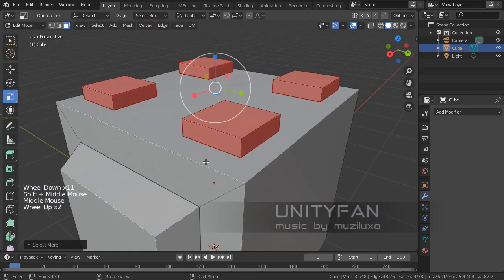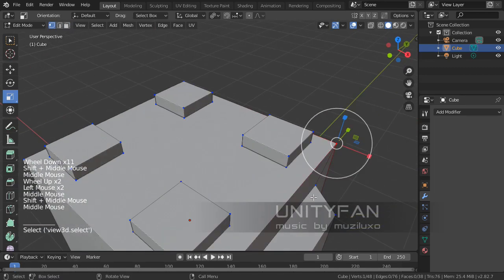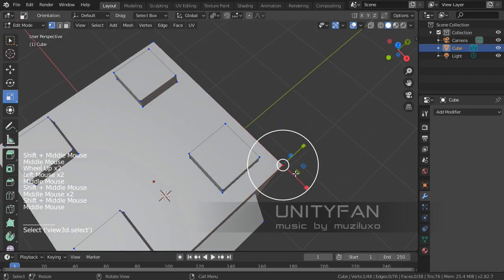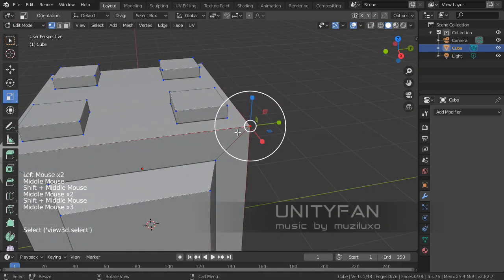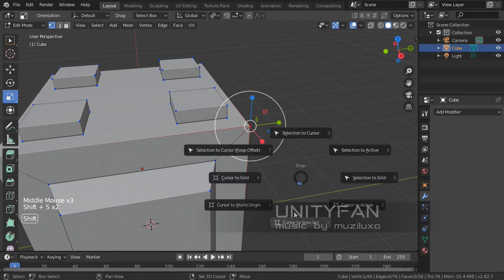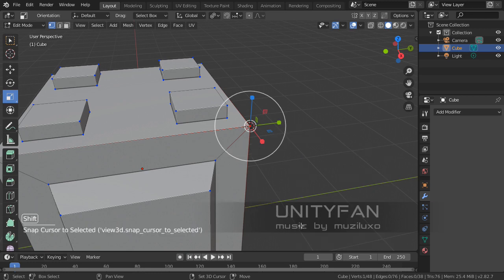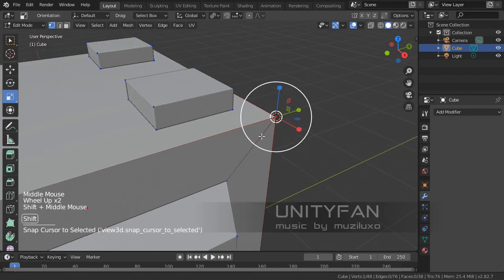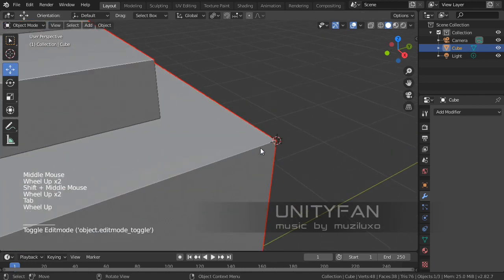If we, for example, select one vertex on the side of the cube, and by pressing Shift S, we can move the cursor to selected. So now that red and white circle is moved here,